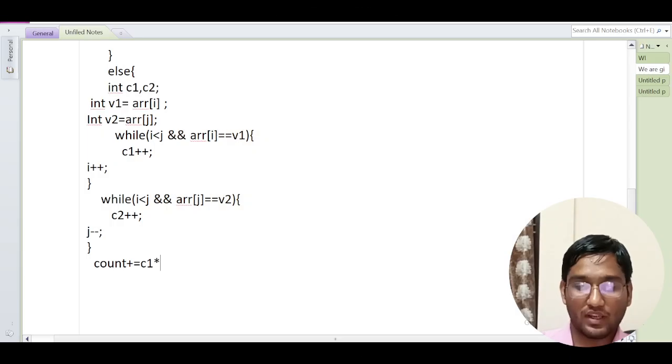And after calculating the C1 and C2, what are C1 and C2 here? C1 and C2 are the frequency of array of I and the frequency of array of J respectively. So in order to calculate the C1 and C2, we apply the while loop here. After calculating the C1 and C2, we apply the rule of product. In rule of product, we are going to multiply C1 and C2. Count plus equals C1 times C2. That will be stored in this count, and then